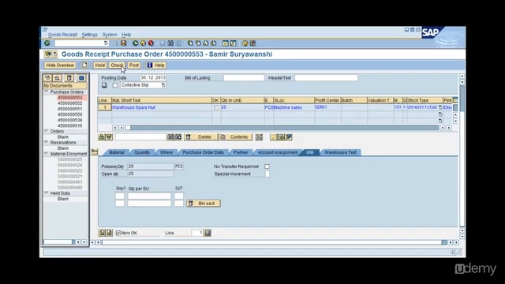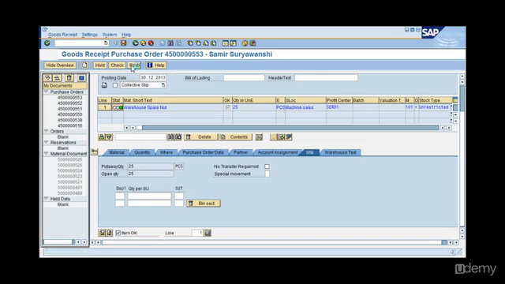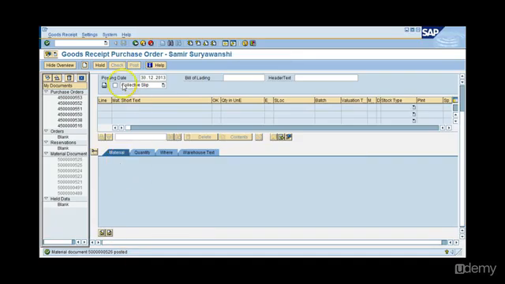I check the item. All okay. I post it. Once the document is posted,